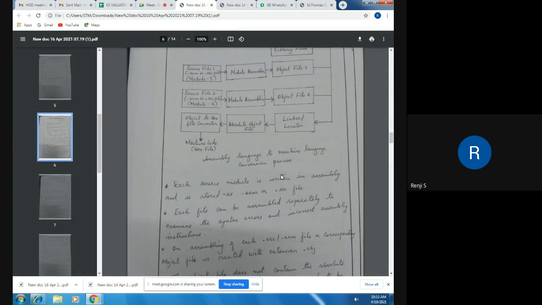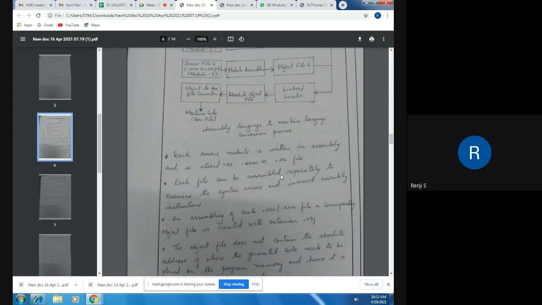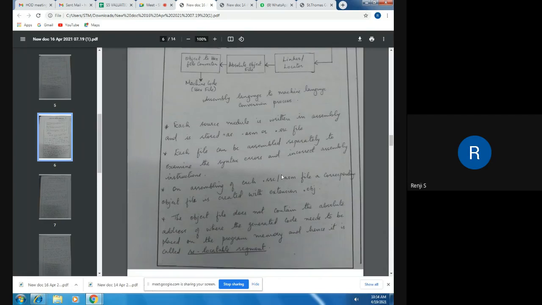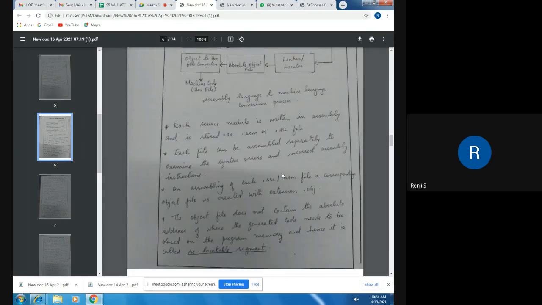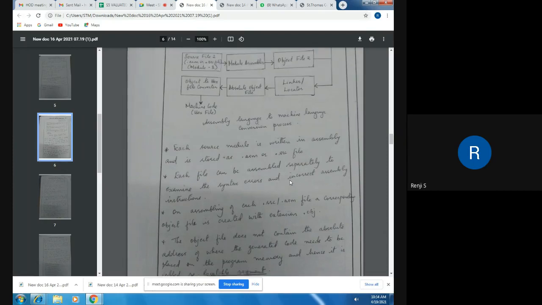During the conversion process, syntax errors and incorrect assembly instructions are identified, and if there are any errors, we can correct them in the source file. On assembling each source or ASM file, a corresponding object file is created.